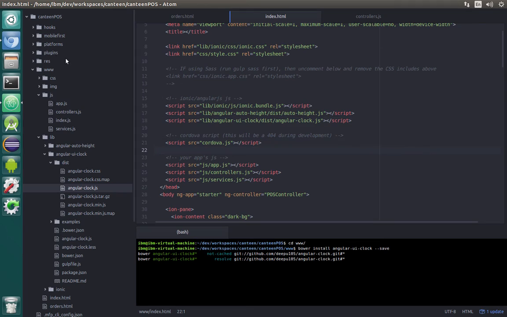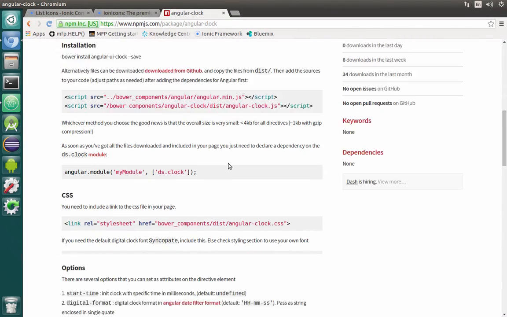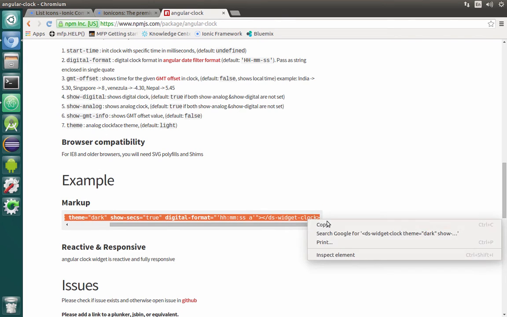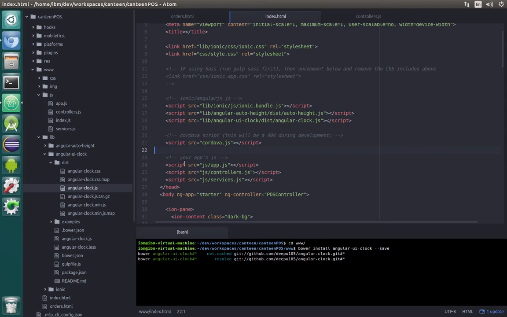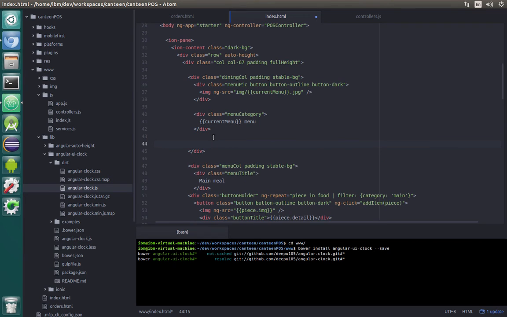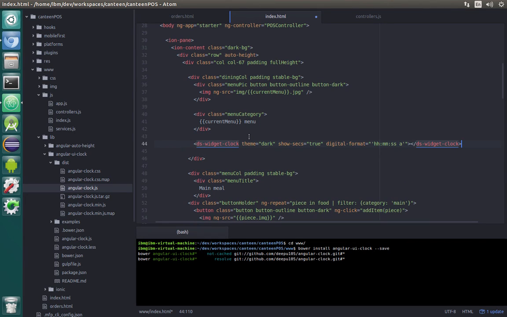So that's the first step. Next step is to copy the example of markup, how this clock should look. So just copy this example from here and let's paste it inside our index file right after menu category before closing the div. So we need only hours and minutes here, so it will look like this. We don't need these two, but we